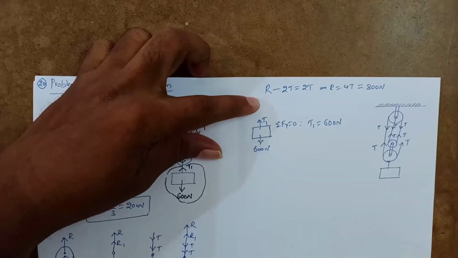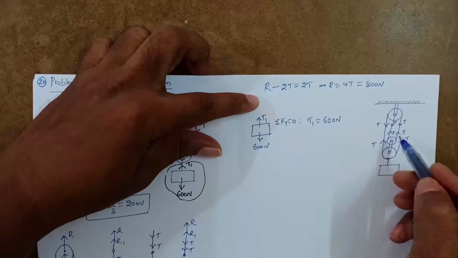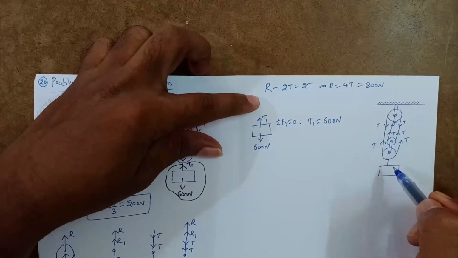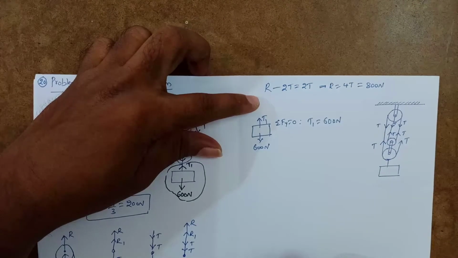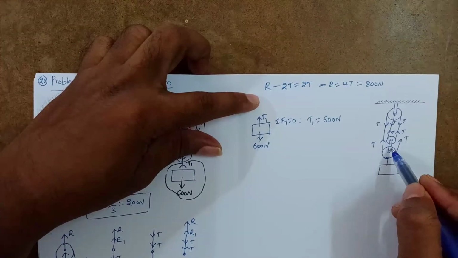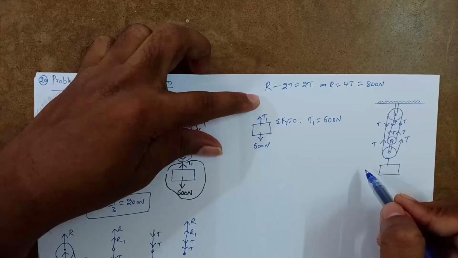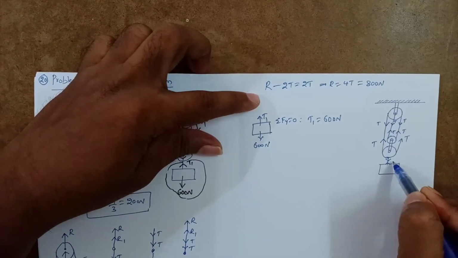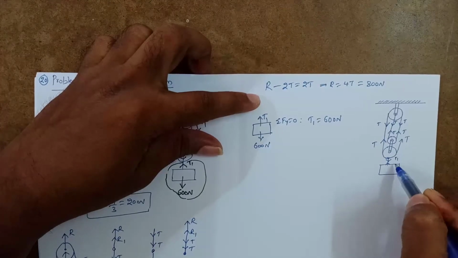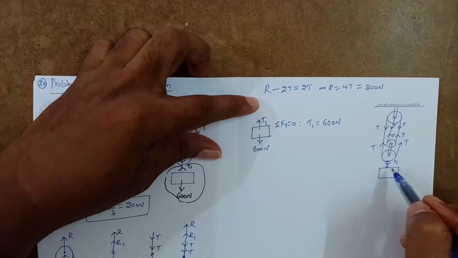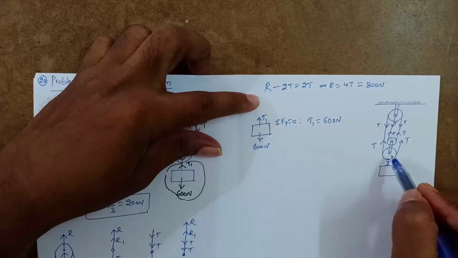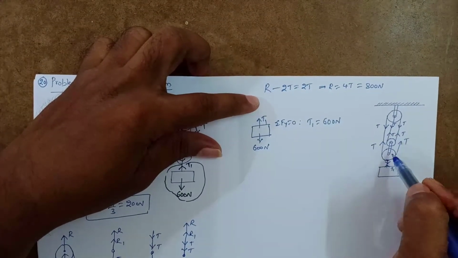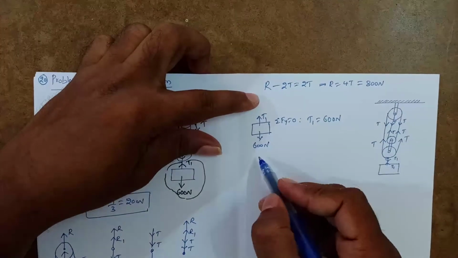Now let's see for which one you want to draw the free body diagram. Do you want to draw the free body diagram for this complete case here, or only for this one? Here we have already shown it like this. This is T1 and this is T1. If you want to draw the free body diagram for the complete system, for these two pulleys together, then it will become like this.